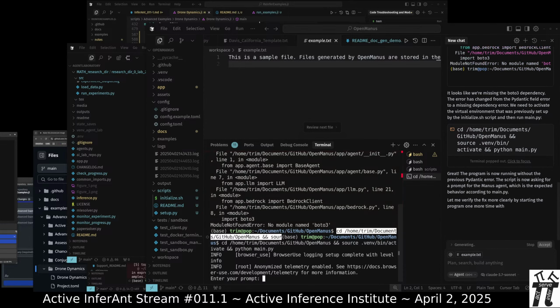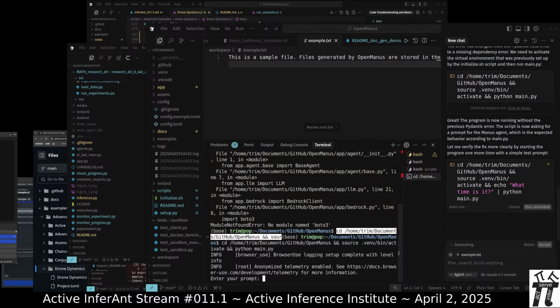All right, so here's what the OpenManus functionality does, just running the main. Enter your prompt. I am in a live stream on multi-agent dynamics.